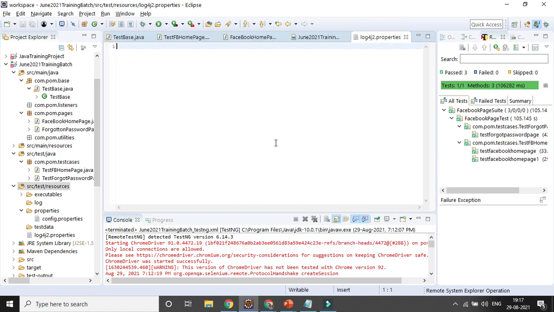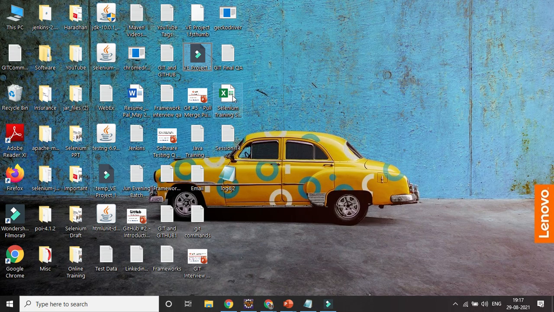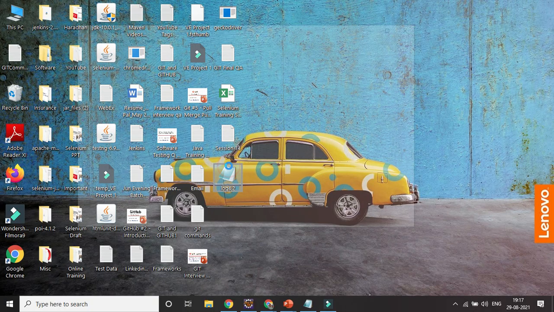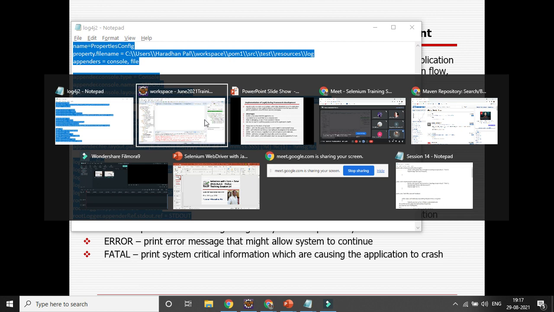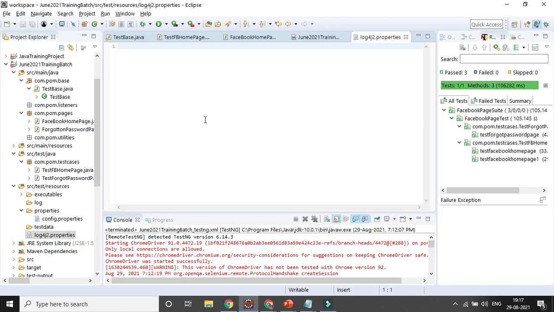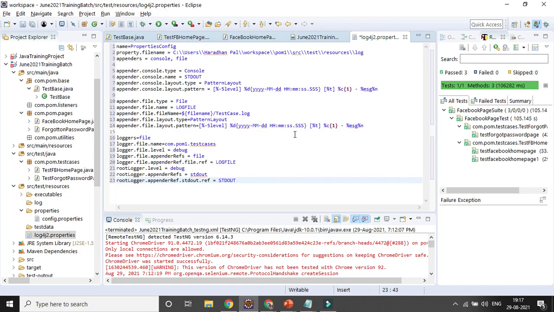Then after that, you need to add the details here. I will be sharing that one, you need not worry, it is the standard part. I have taken it from some reference and customized it a little bit. Here you need to change some of the things. One is the property file name, and then you need to change the file name.